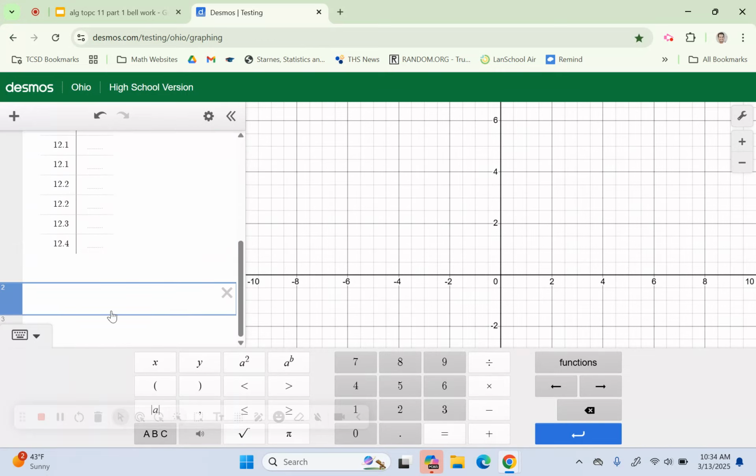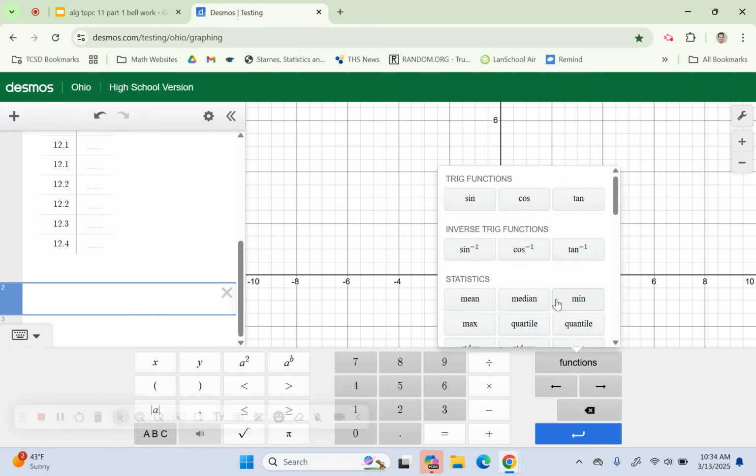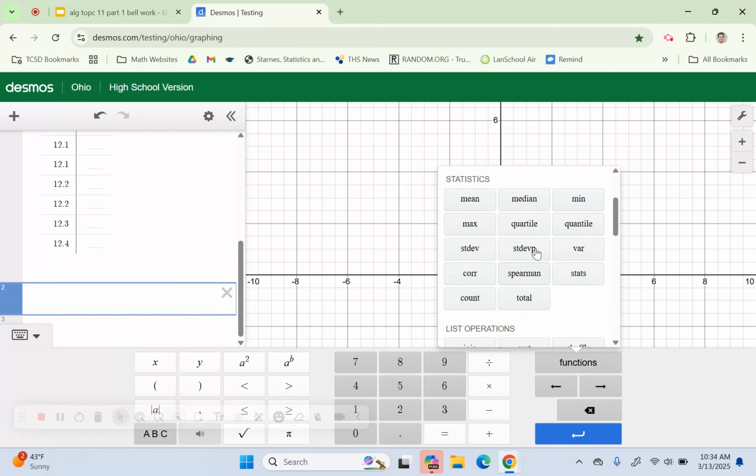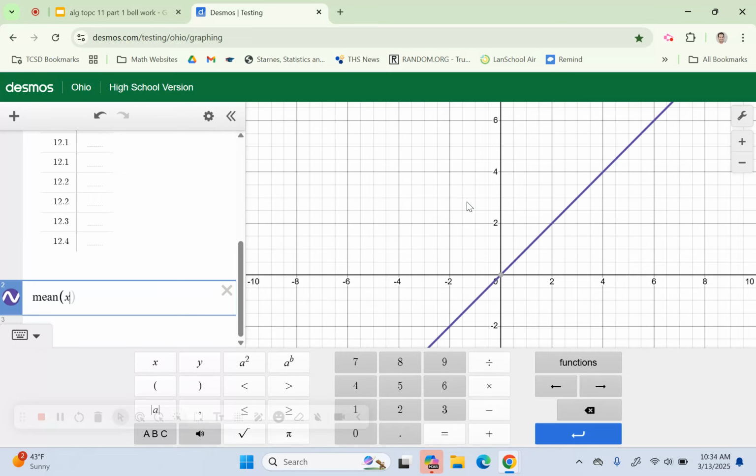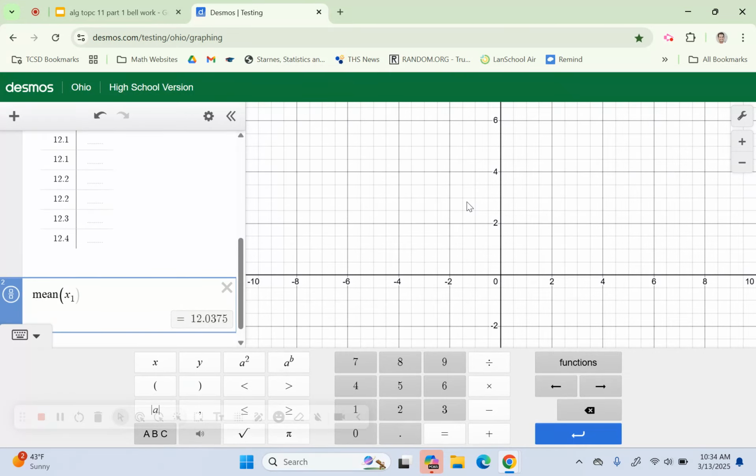So again, I can use the functions to find a couple different things. I can find the mean, I can find the standard deviation. Now, again, this is more than you need to know, but this P stands for population. This is a sample, so we would just use standard deviation, okay? So let's do the mean. What is the mean of X1? Okay, so the mean of this machine A is